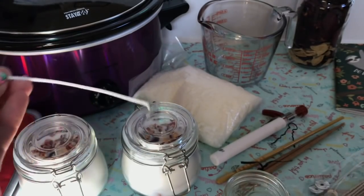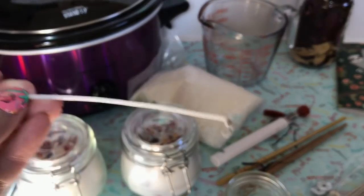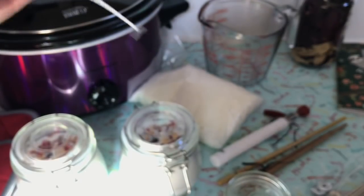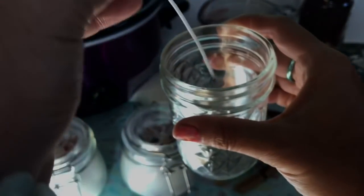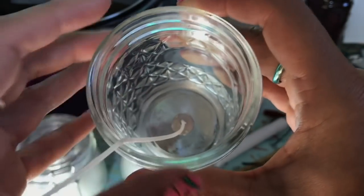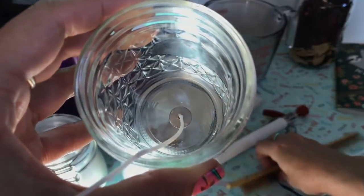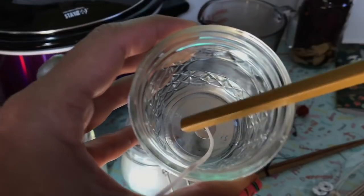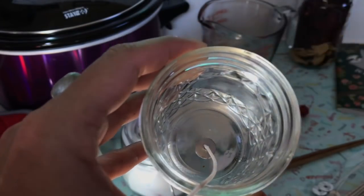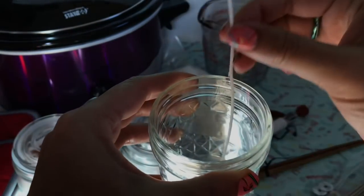So then I took the bottom of the wick, I dipped it into the wax and I plopped it at the bottom of the jar. Okay, and then I took my chopstick and I gently tapped it down. Okay, and then I waited like a minute so it would solidify, and then basically when you pulled on it,